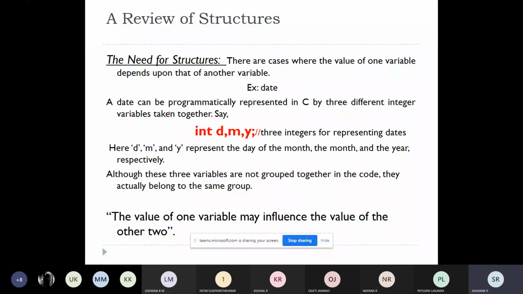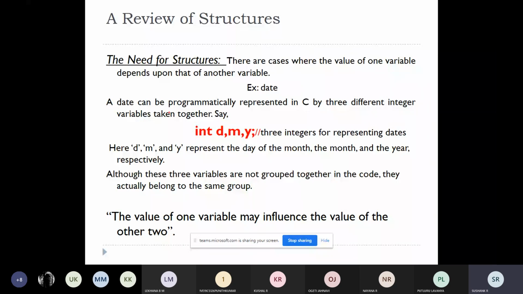But when you club them, they will have some meaning. For example, here see integer d, integer m, integer y. These three are separate variables. If I refer only to d, I don't get any meaning. If I refer only to m, or only to y, I won't get any meaning.